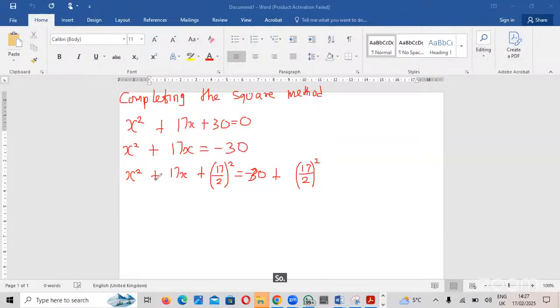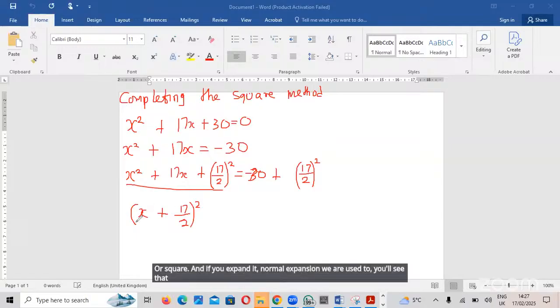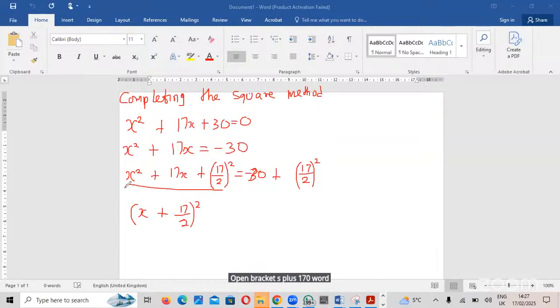After that, if you factorize this side very well, it gives you (s plus 17 over 2) all squared. And if you expand it with the normal expansion you are used to, open the bracket, s plus 17 over 2 squared, you get it back. See, that is correct. All right. That's equal to minus 30